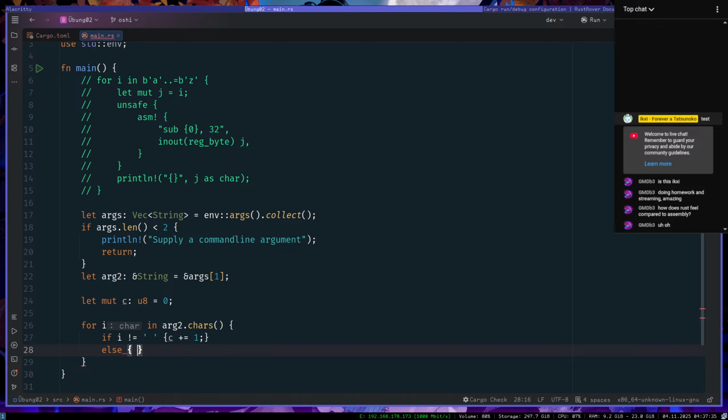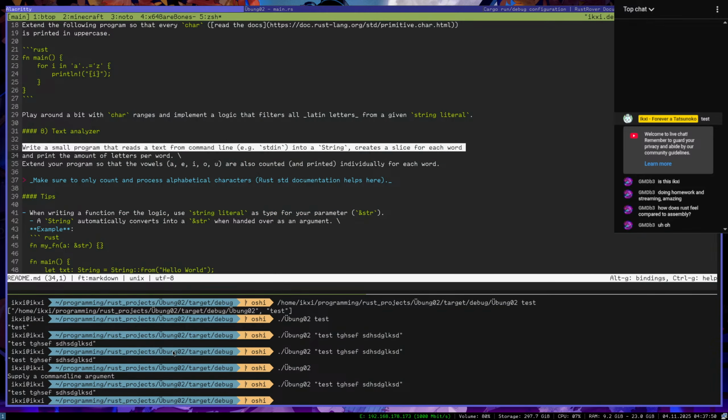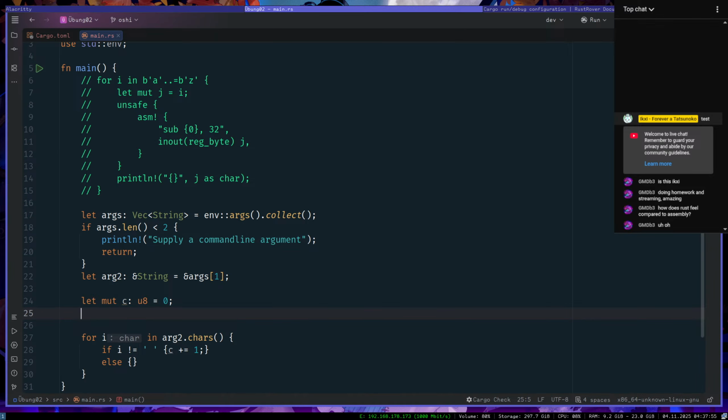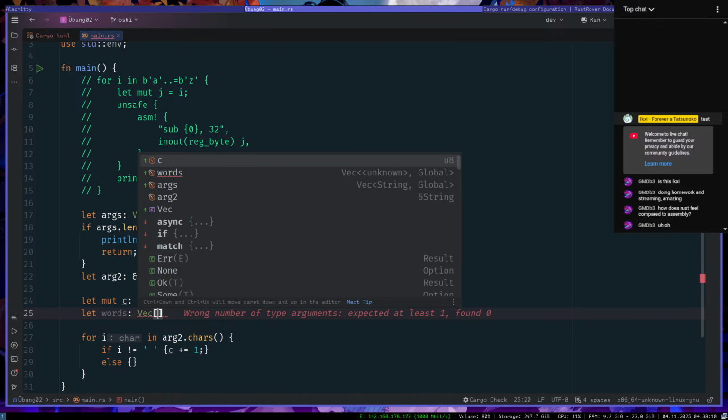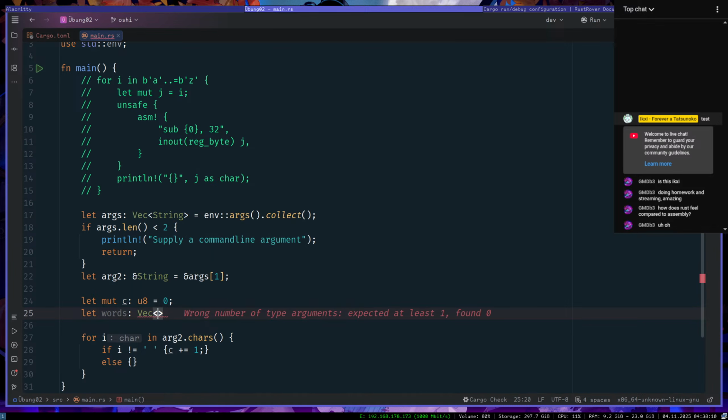Else, right, I want, so, what do I want again? String, create slice for each word. Okay, I want a slice for each word, so let words, let's make it a vector of strings.